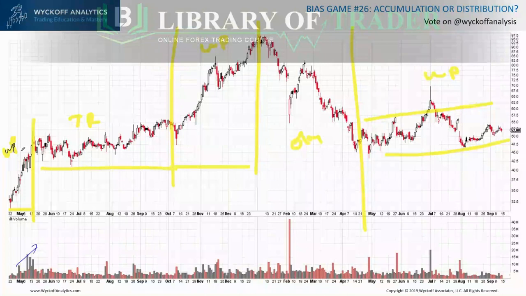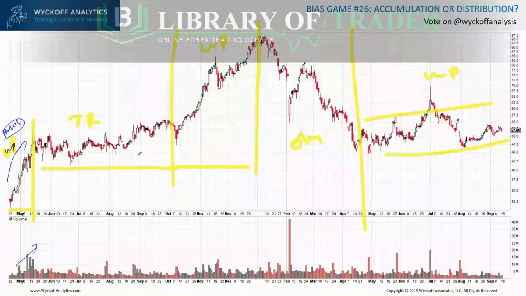Volume is expanding, price is expanding, looks very bullish. That's the story. We don't have to go into a lot of details here because we know what has happened. We see the characteristics. We make a note of those characteristics because we will be comparing this rally potentially with the rallies that are going to come later.